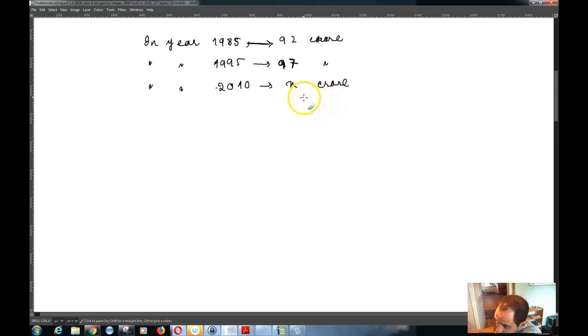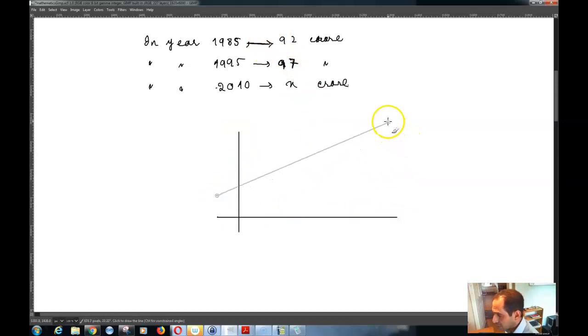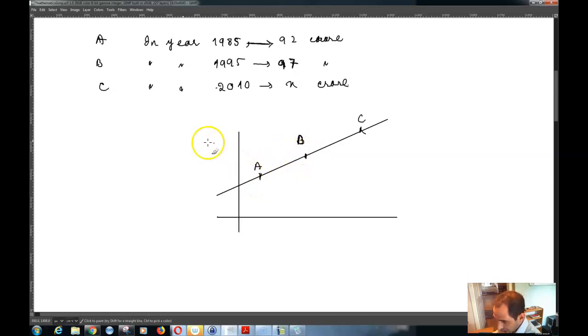So what you can do is that, since it is a straight line like this, let's say that this is point A and this is point B and this is point C. So if I calculate the slope of this line segment AB, the slope of AB is going to be